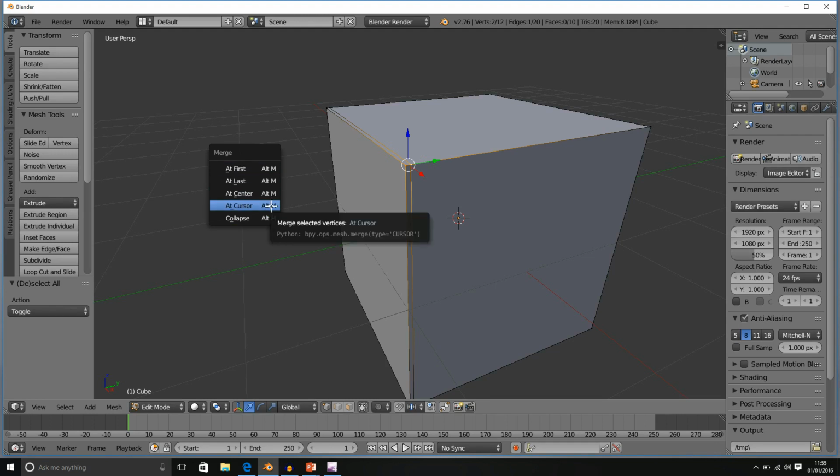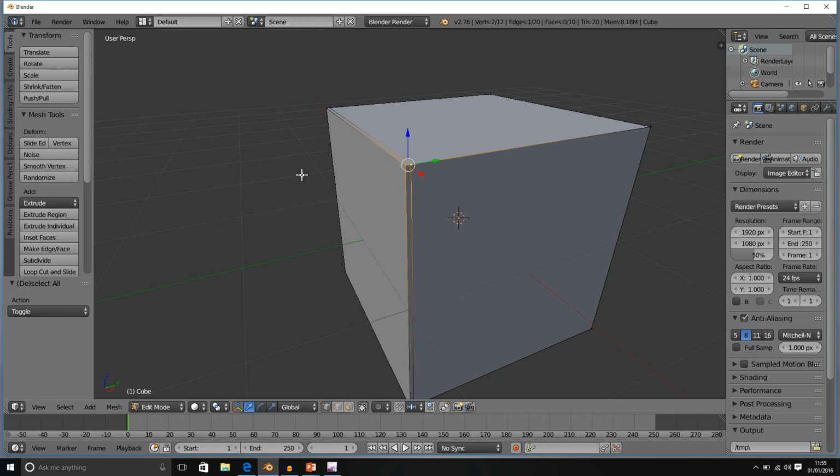The reason why is because in this course I teach you what you need to know, and collapse isn't something that is used anywhere near as much as the first four merge options. So I will teach you these four for now.